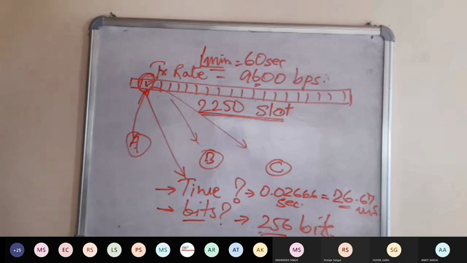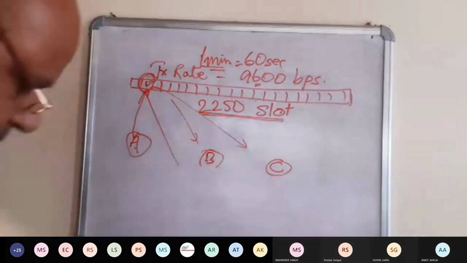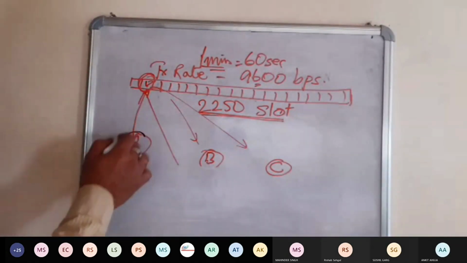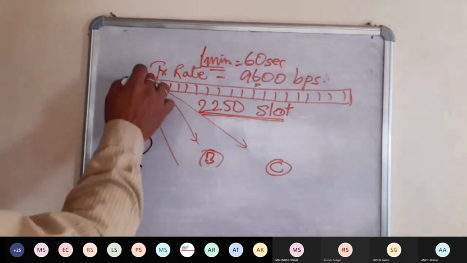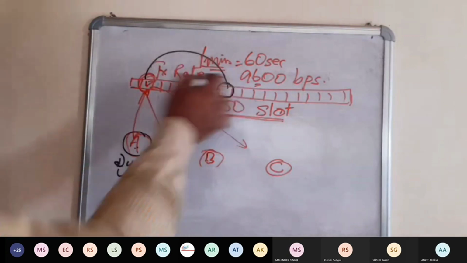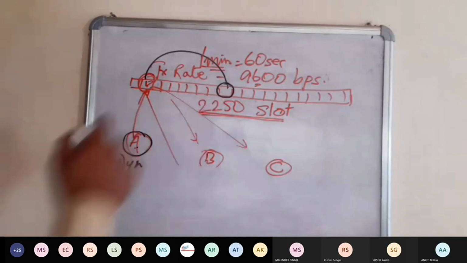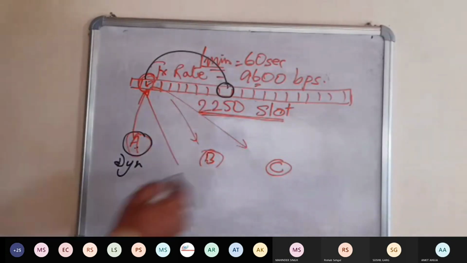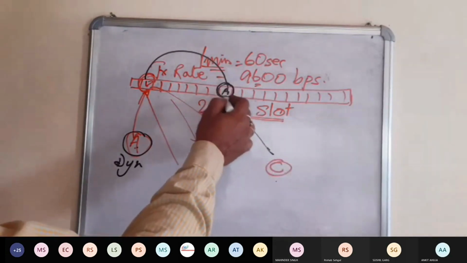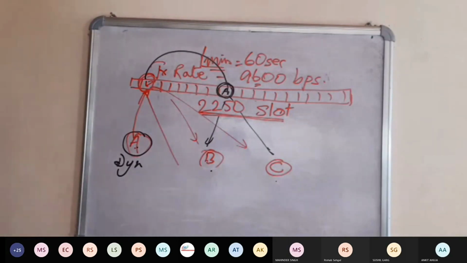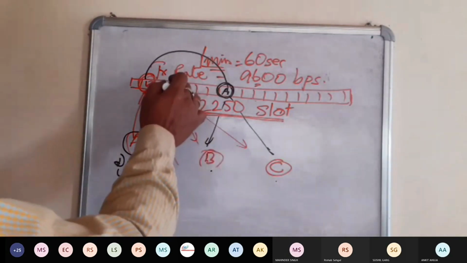So yes, our ship A is trying to transmit in 256 bits. It is trying to transmit its data, which takes 26.67 milliseconds. But as it is transmitting this data, let us say dynamic data was transmitted, it also transmits the slot reservation कि मैं अगली बार यहां ट्रांसमिट करूंगा। सो बी और सी को ये भी इंफॉर्मेशन मिल गया कि अच्छा ये ए के लिए बुक्ड है, आगे बाद में यहां पे ट्रांसमिट करेगा ये।